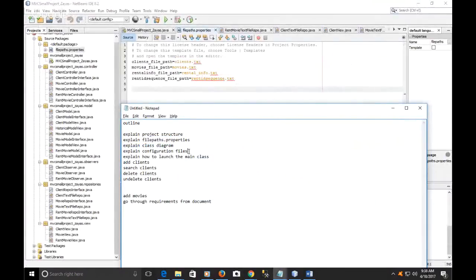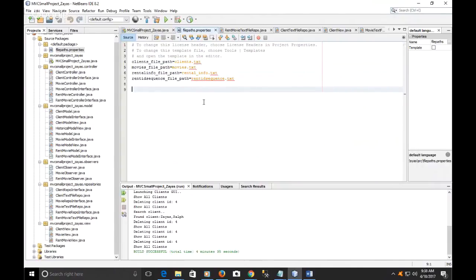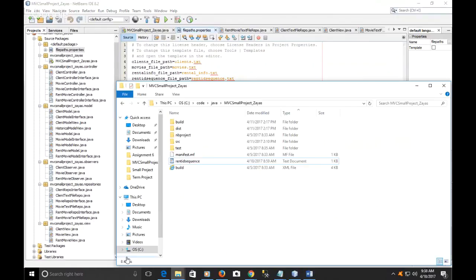Now we'll explain the configuration files. So I started explaining them. These are the configuration files. When we start the application, if the files are not there already, it's going to create them right in this folder. This is where my project is: C Code, Java, MVC, Small Projects, IS. So when I launch the application in a minute, it's going to create those files in here because they don't exist. The only one that I have here that exists, which I can also delete,